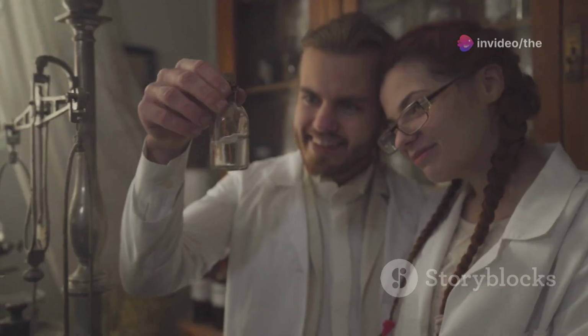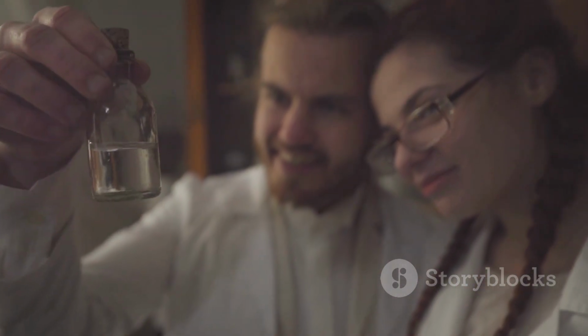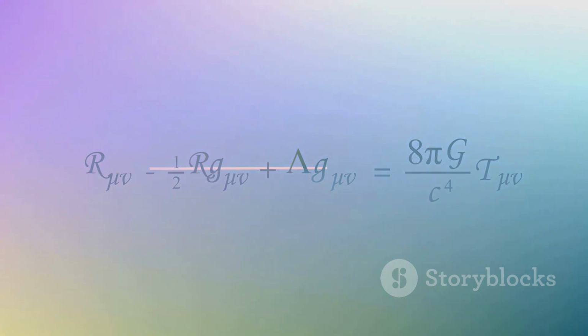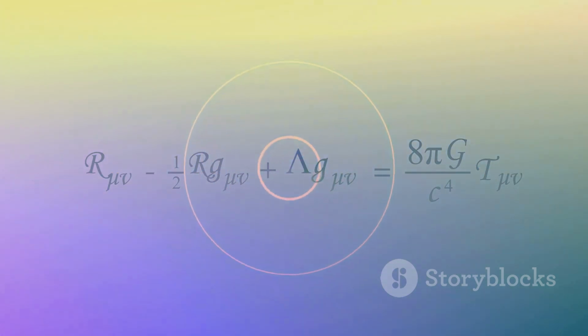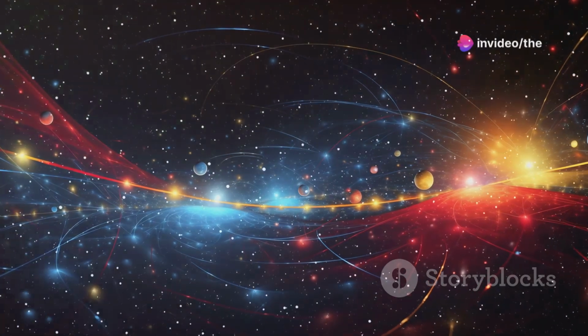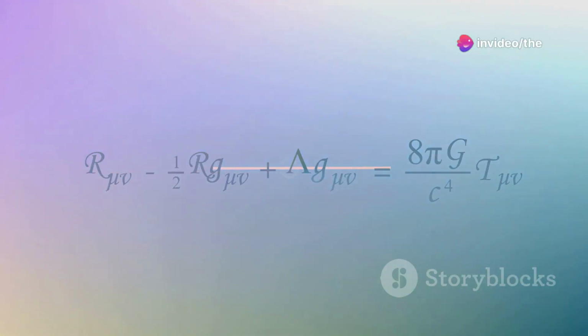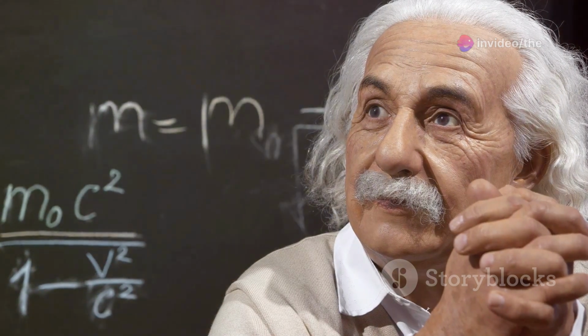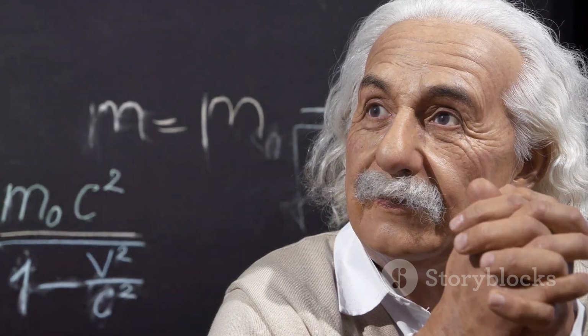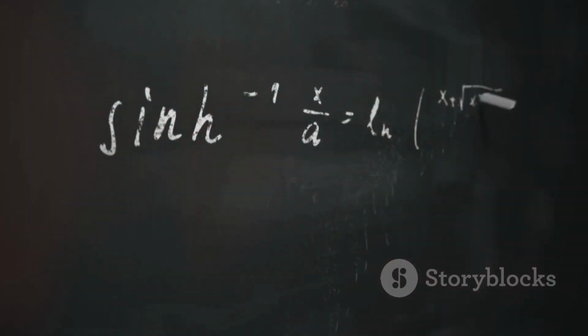The development of QFT began in the early 20th century. Scientists were trying to reconcile quantum mechanics with special relativity. Classical physics could not explain certain phenomena at the subatomic level. This led to the need for a new theory. The first breakthrough came with the work of Paul Dirac in 1927. He formulated the Dirac equation, which described the behavior of electrons. This was a significant step towards the development of QFT.